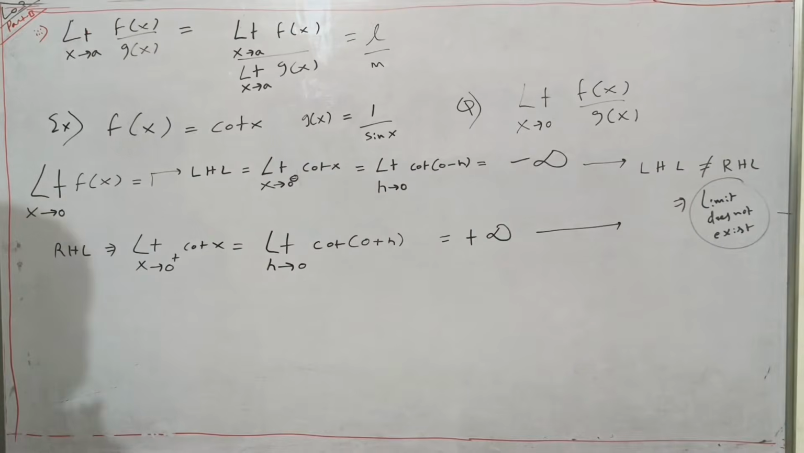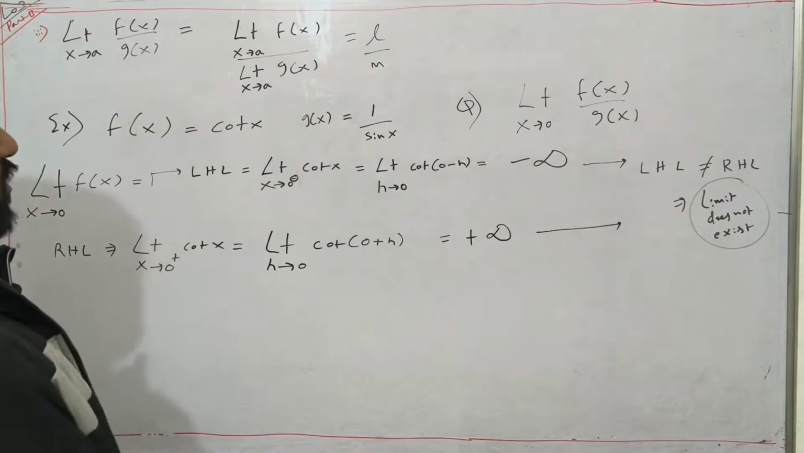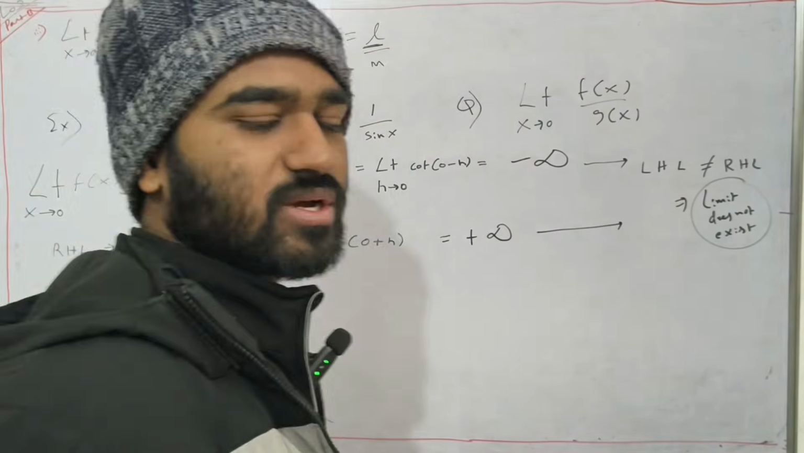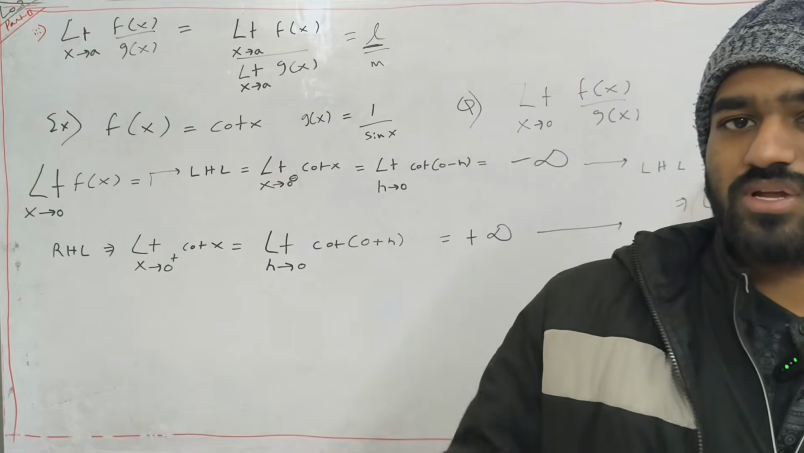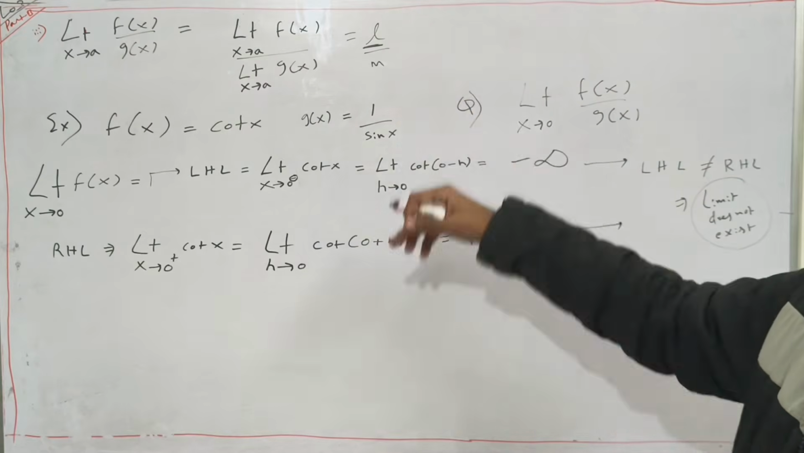So now limit does not exist, then what is the value you will give for L? If limit does not exist, then there is no meaning of L, because L is getting two values. Left hand limit is minus infinity, right hand limit is plus infinity, so no value for L. Similarly,